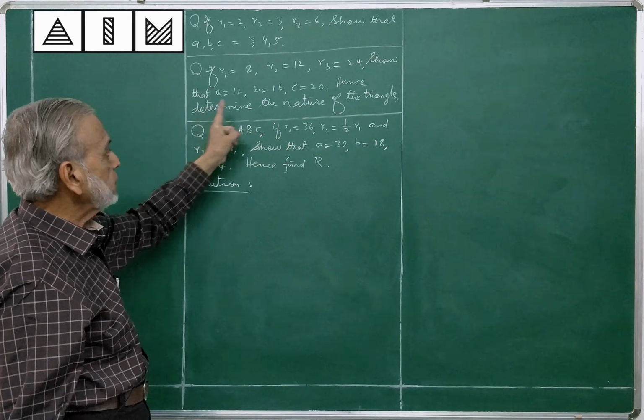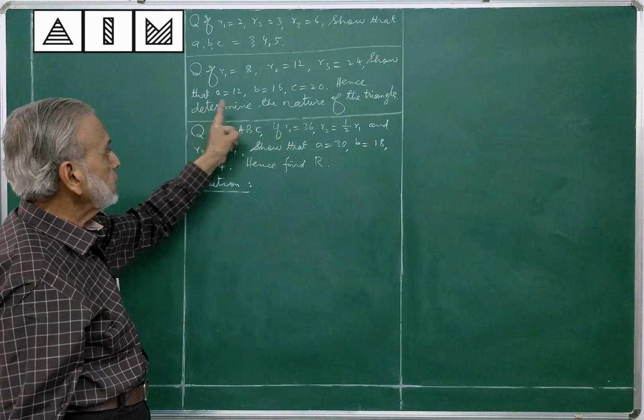We also have a formula. R times R1 times R2 times R3 is equal to delta square. Now that you know R, please substitute here. R times R1, R2, R3 is equal to delta square. R is 6, R1 is 36, R2 is 18, R3 is 12, equal to delta square. You need not multiply all this. Just see here what I am doing.